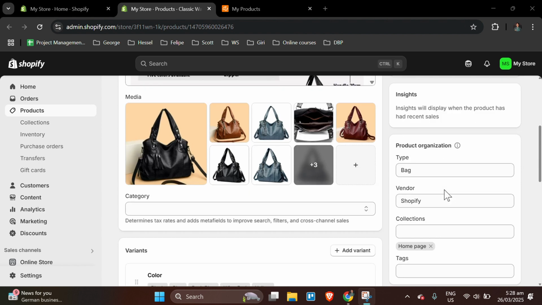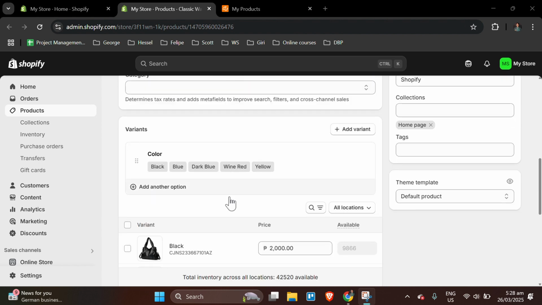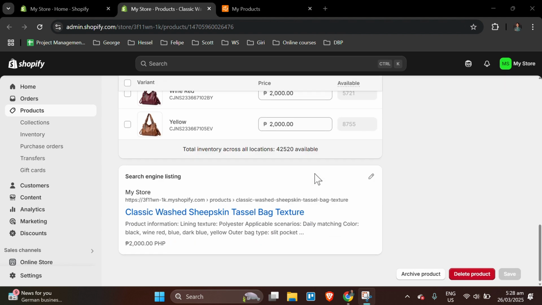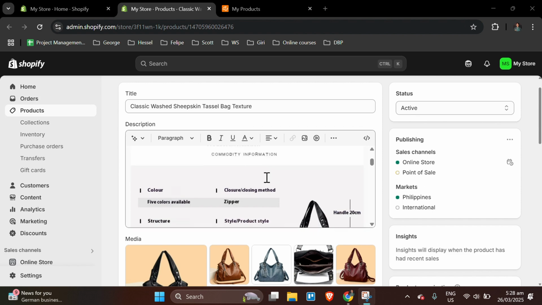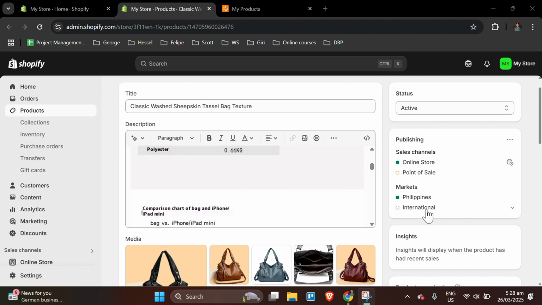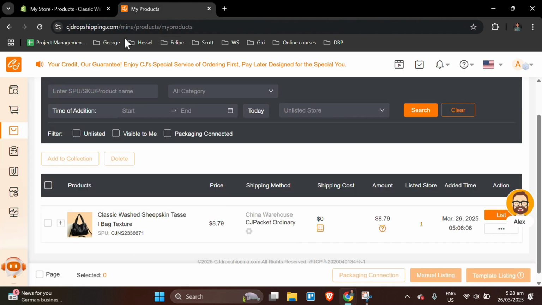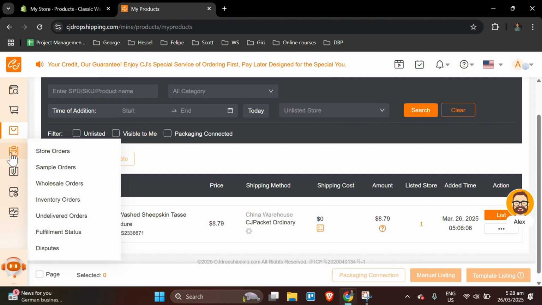Now, when somebody orders this product on your Shopify store, you can also see the images and stuff like that all correlate with the actual colors, and it is all done very well, and they can actually go and buy it now. I haven't set my checkout up yet, so therefore, they cannot yet in my case. But now, you have successfully imported the product, and now when somebody buys it on CJ Dropshipping, you can go